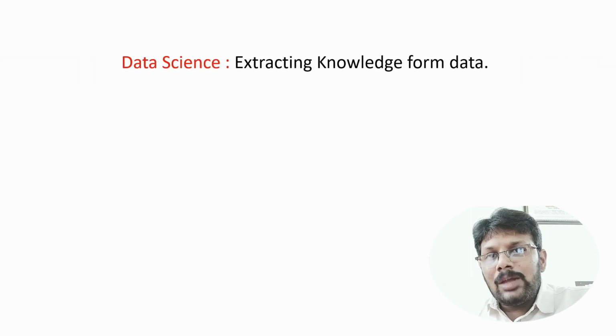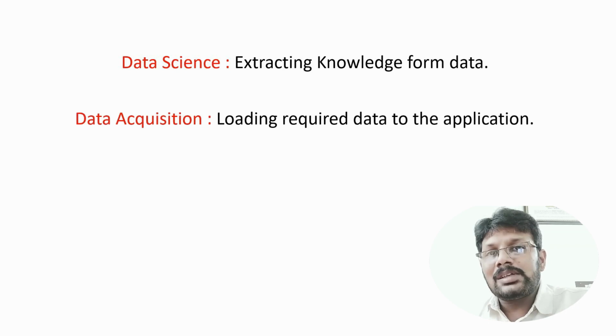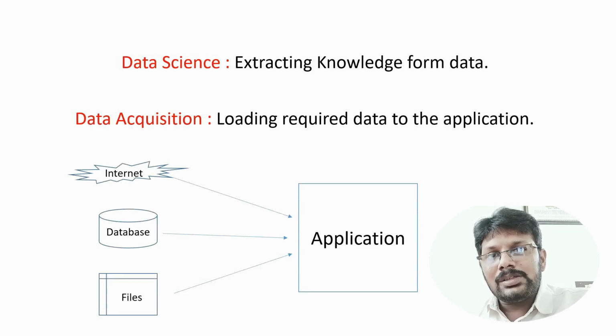So data science is all about extracting knowledge from the data. The first step in a data science project is acquiring the data from different sources. The source of the data may be a database, or it may be the internet, or it may be a flat file as well. From now onwards I will consider a few videos to explain how to get data from the different sources into our application. So in this first video I show you how you can get the data from text files by using Python into our application. Let's start the topic.